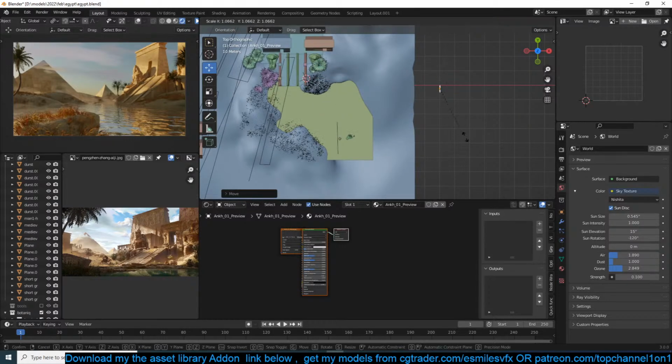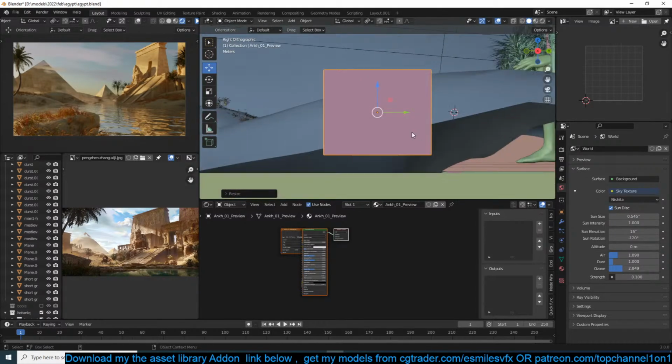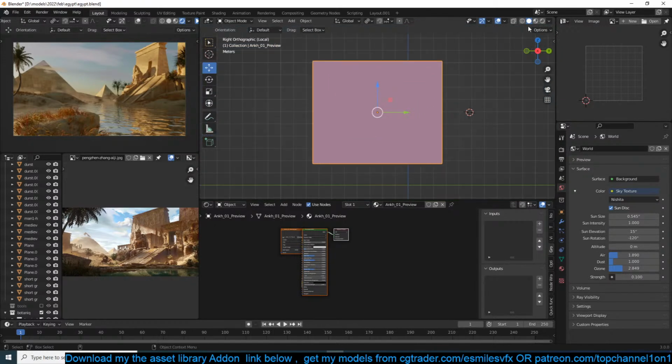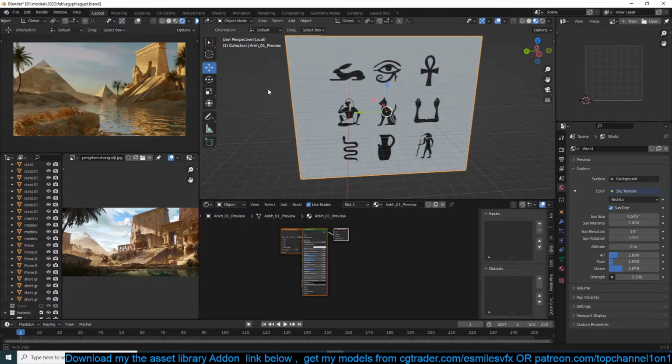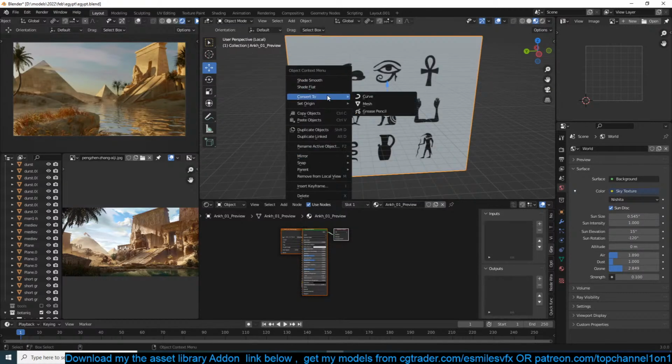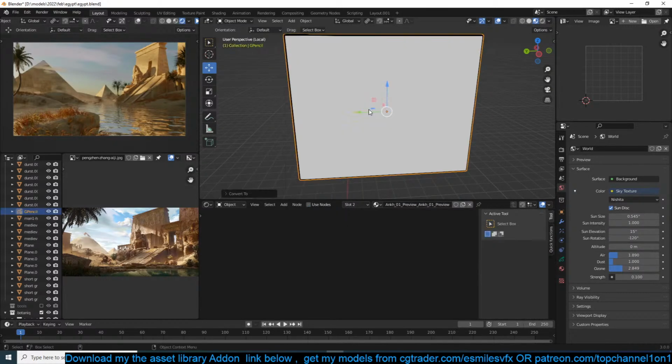I remember you could convert an image texture like this to grease pencil, yeah, and you could use